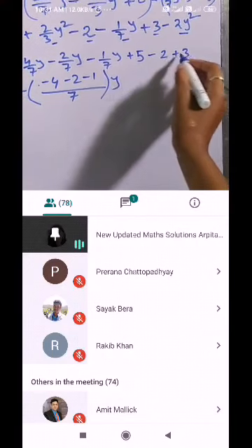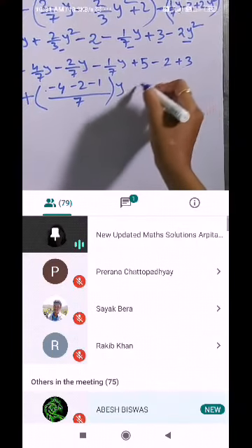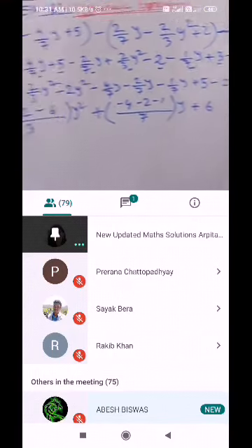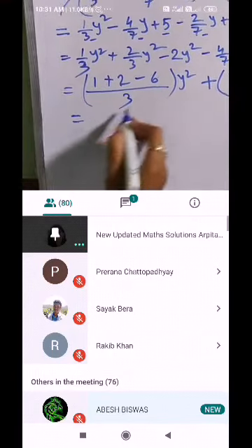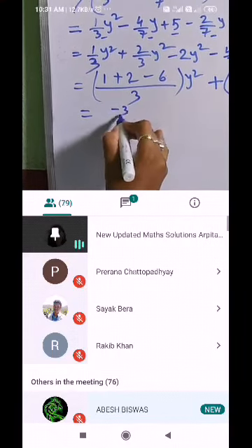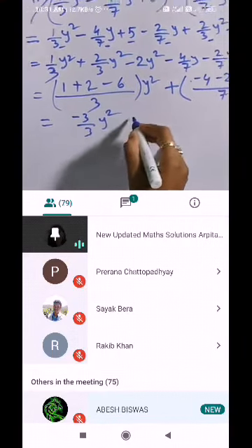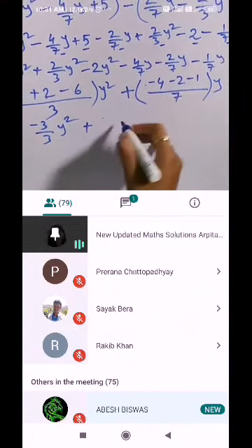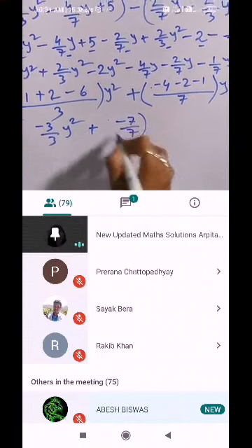Then here 5 plus 3, that means 8, minus 2, that means 6, plus 6. Okay, then here 2 plus 1, that means 3, minus 6, that means minus 3 by 3 y square, then plus sign, here 4 plus 2 plus 1, that means minus 7 by 7 y,